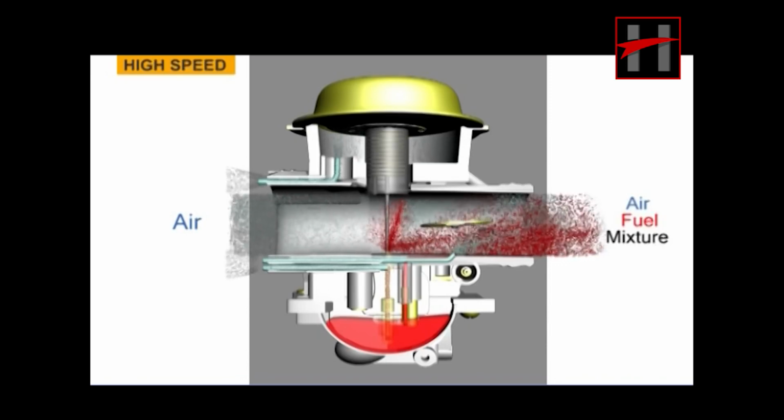When the pressure drops in the venturi, the pressure in the upper chamber of the diaphragm also drops due to the hole provided in the piston valve connecting upper chamber to the venturi. The lower chamber of the diaphragm is at atmospheric pressure. Due to the pressure difference between the upper chamber and the lower chamber of the diaphragm, the piston and jet needle are lifted up. This generates clearance between jet needle and the needle jet, which results in flow of required air-fuel mixture to the engine.